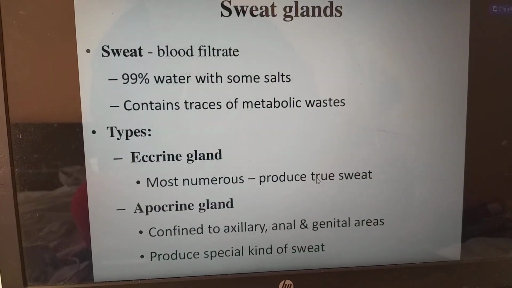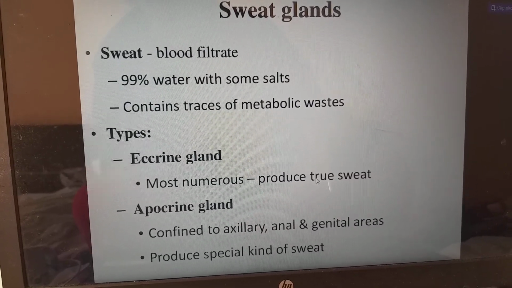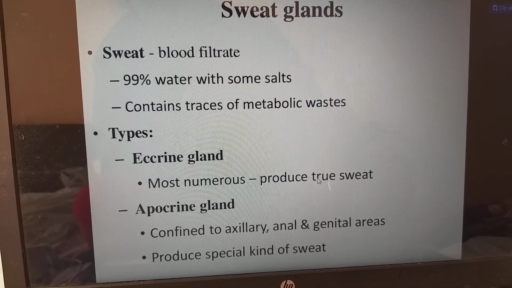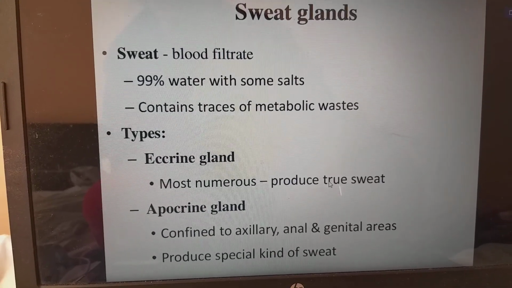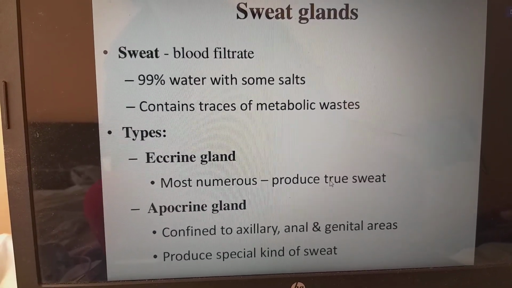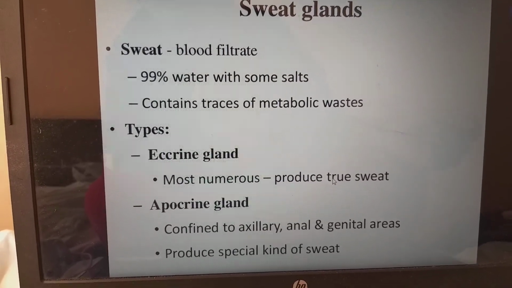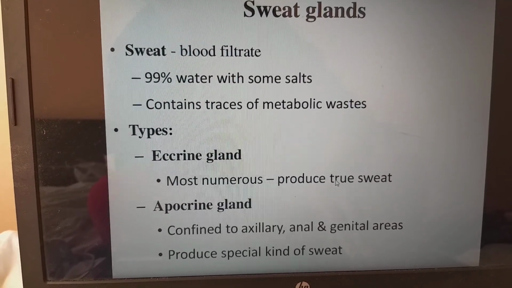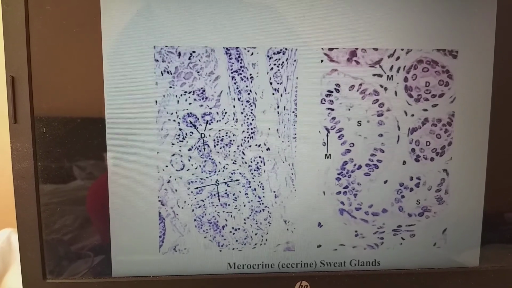Sweat glands. Sweat is nothing but a blood filtrate, 99% water with some salts, and contains traces of metabolic waste. We have two types of sweat glands, eccrine sweat glands and apocrine sweat glands. Eccrine sweat glands are most numerous and produce the true sweat. Apocrine glands are confined to the axillary, anal and genital areas, and produce a special kind of sweat with odor. So merocrine glands, or eccrine sweat glands,